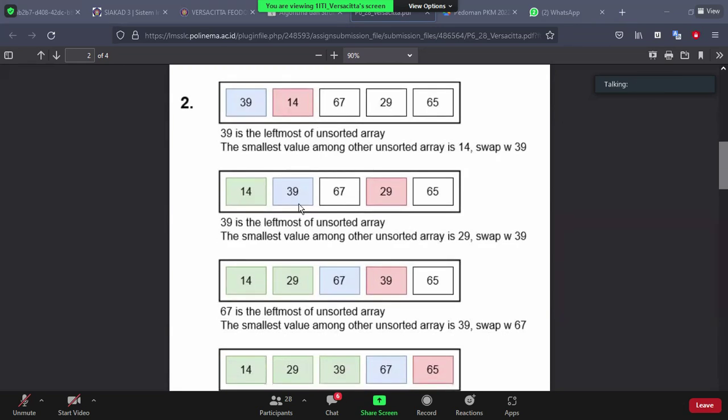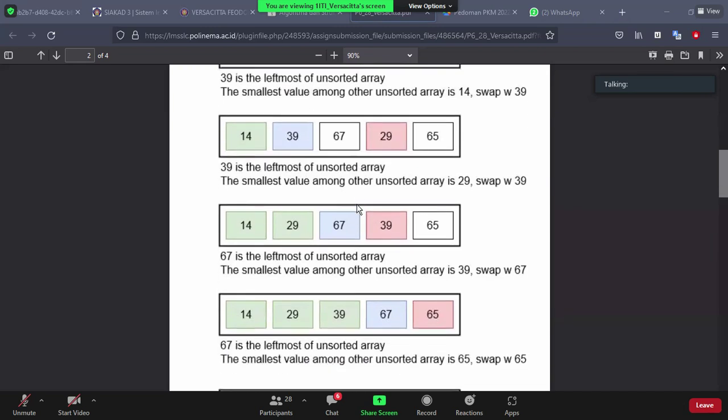Then once again, 39 is the leftmost of the unsorted array. Then the right part of the array is checked to see the number smaller than 39, which is 29. Then it swaps again with 39.